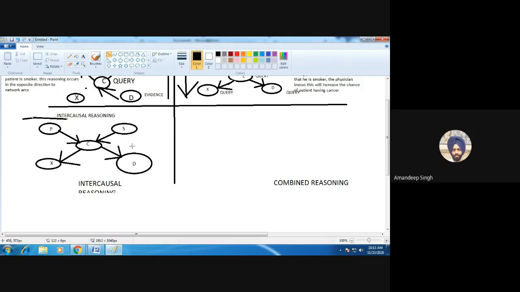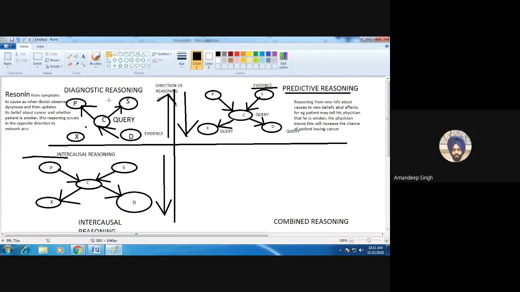So that is intercausal reasoning. The direction of reasoning is from upside down, that is, a top to down approach. And the combined reasoning is when you try to combine all these three scenarios into the given